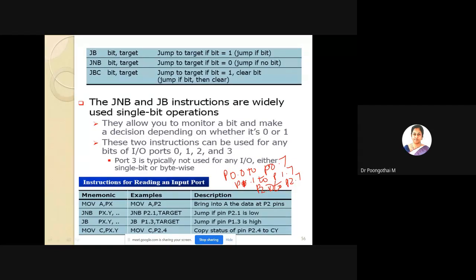Mostly port 3 is used for interrupts and serial communication operations, so typically it is not used for any IO, either single bit or bytewise. Port 3 is the exception.